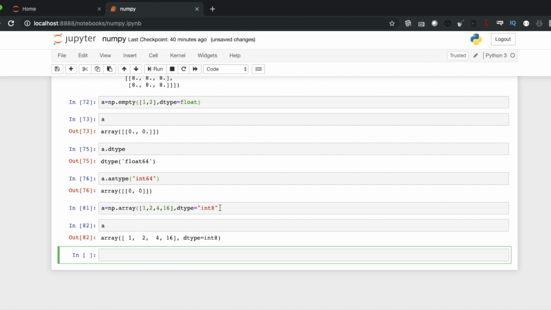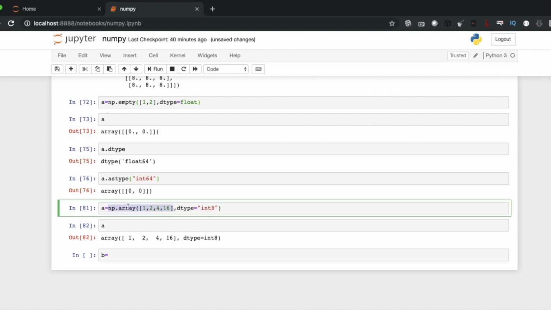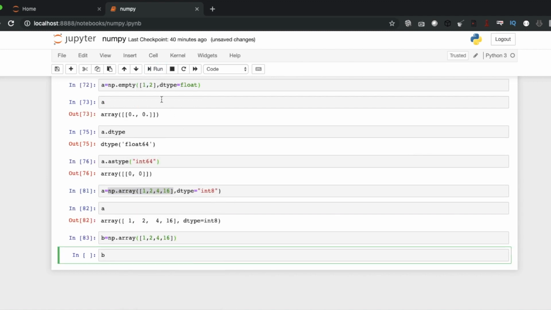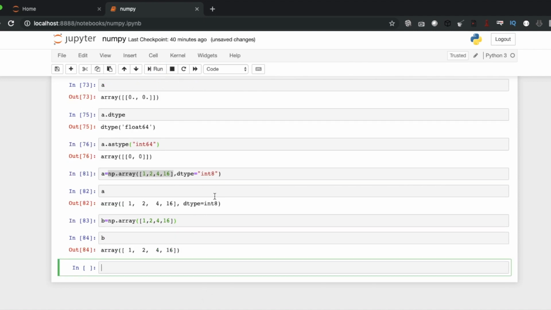If you are not changing the data type, it will not show, so it will never be possible to view over here. For example, if I create another NumPy array with the same thing, this is not coming. Why is it coming here? I just changed the data type.